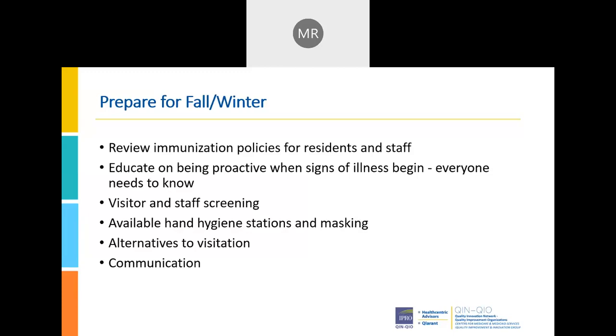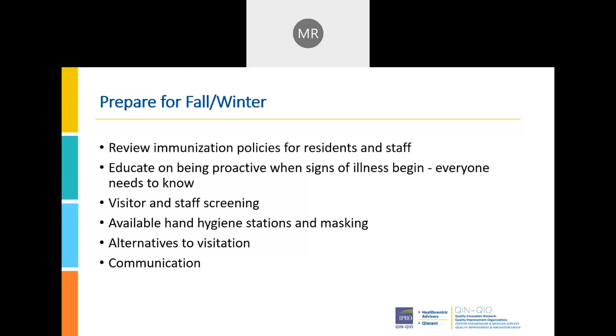So we had a lot of great procedures that came into place in the height of the pandemic. This might be a really nice time to be very transparent with your families, get out there, talk to them about different ways of visiting, how you can partner with them so they're still connected with their loved one. But if the loved one is ill or they are ill, they're not coming to the building and potentially spreading virus. So I just highly recommend that now is the time to talk about that. So that really just talks about communication.